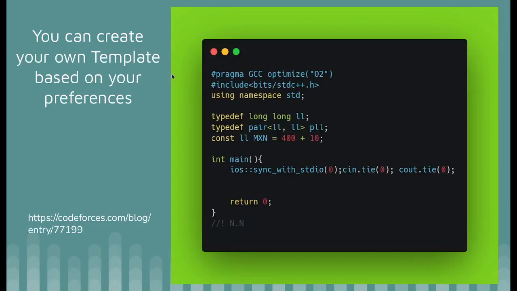There's a simple template. As we told you, you can use it for every problem, so you are not under any obligation to write it again. The first line is pragma, which is a very advanced thing to optimize things. The second one, which is the first important thing, is include bits/stdc++.h, which is the library that includes everything. Some people use include iostream, and some things are not there. So always use bits/stdc++.h, and after that using namespace std.